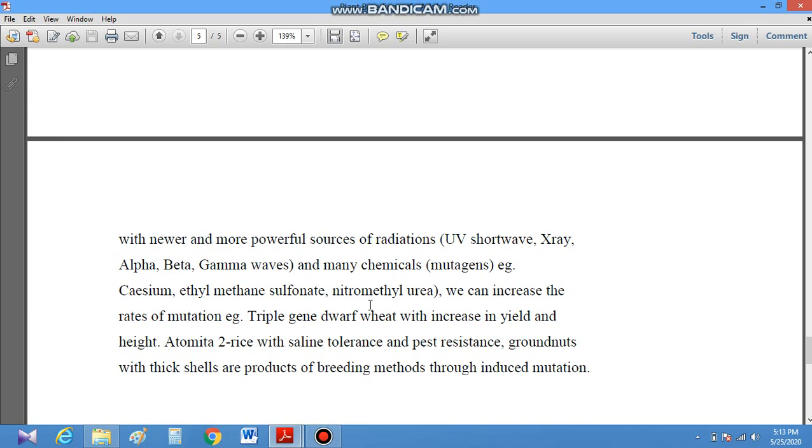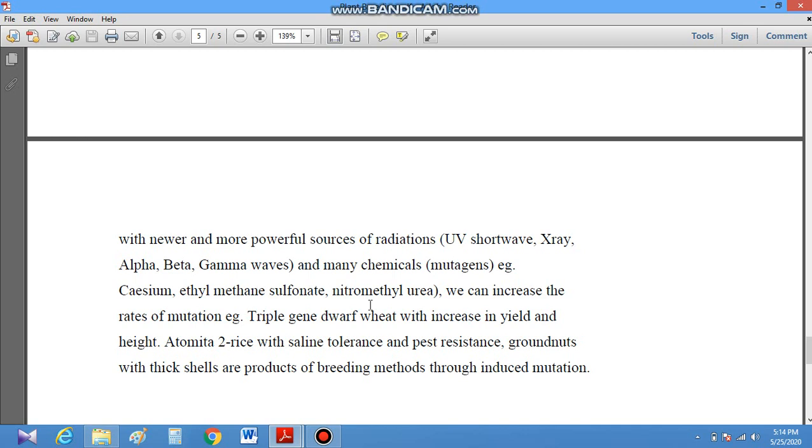They may be at 0.025%, 0.05%, 0.1%, 0.2%, or like this we can increase the gradation of the chemical mutagens, for 2 to 6 hours, or even a longer period of exposure. And in this way, when these mutagen-treated seeds are sown, the germinated seeds are finally transferred to the experimental plots and we can test them and select them for the purpose of variety. So this is mutation breeding.